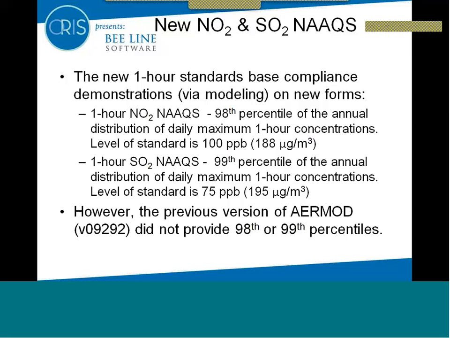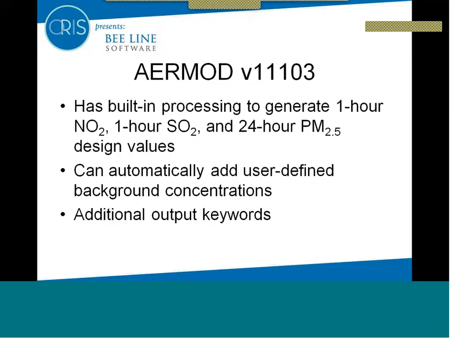Now, in terms of what that means for what the model can spit out, the 98th percentile is equivalent to the 8th highest value. The 99th percentile is equivalent to the 4th highest value. But even with that in the model, you still could not get output from the old version of AERMOD that would give you 98th and 99th percentiles of daily maximum 1-hour concentration distributions. So EPA, as I mentioned, released AERMOD version